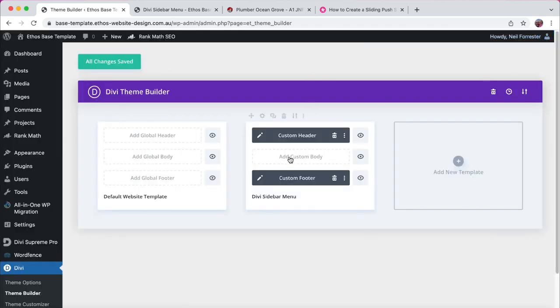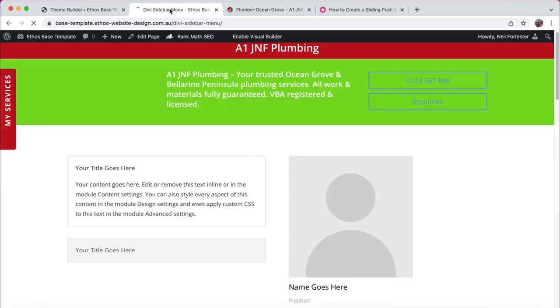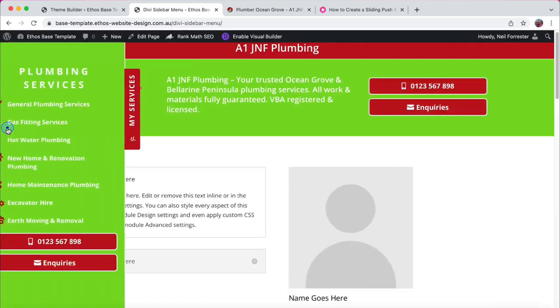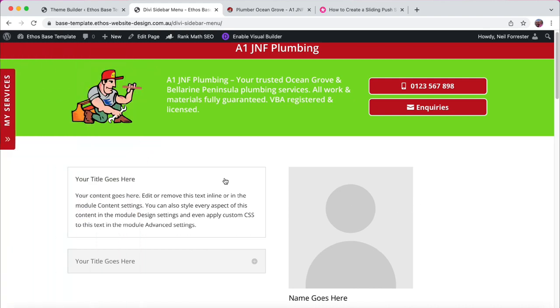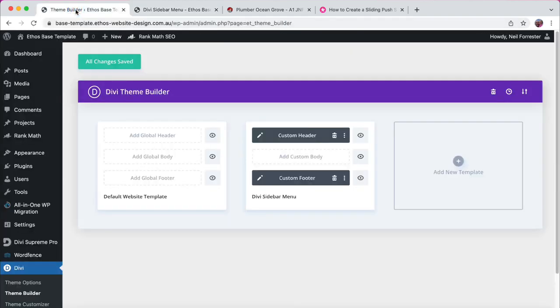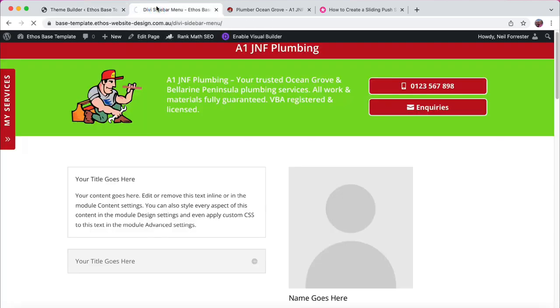Alright, so you can see that this template is applied to the Divi sidebar menu. I'm just going to click on Save Changes again. Come back to my page, refresh the page. Now, imagine I was happy with that, and that's something that I like. I could make it global so it's applied to every page on the website by doing this. Let's come into the back end, and I simply drag it over to my default template here. And now click on Save Changes. The header and footer will now be applied to every page throughout this website. So if I go back to the home page,